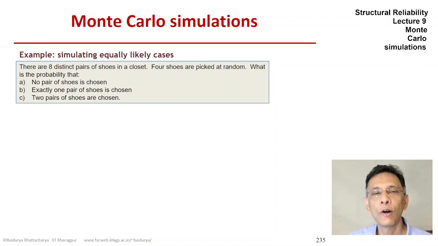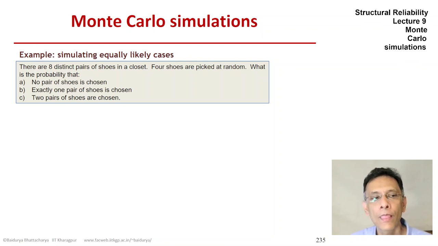As an example of using discrete random variables to solve problems with Monte Carlo simulation, let's go back to a homework problem. This is a very classical problem involving the classical probability definition. So we have 8 pairs of shoes in a closet, 8 distinct pairs, and 4 shoes are blindly drawn. What is the probability that no pair is chosen, or exactly one pair is chosen, or 2 pairs